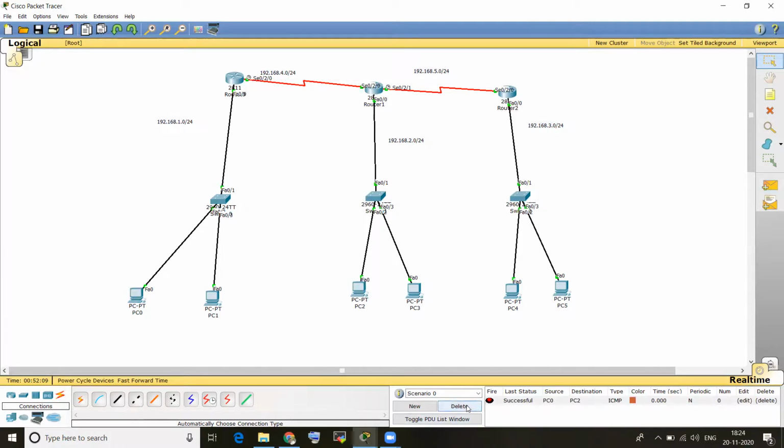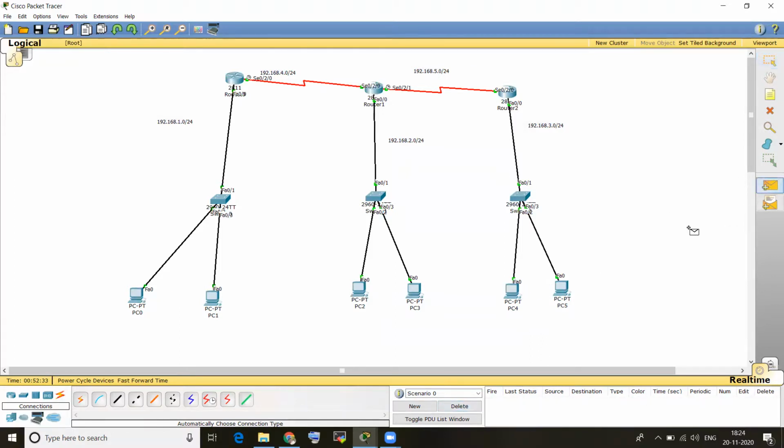It shows successful. Then I'm sending from first PC to last PC. It shows failed. Then again I'm sending first PC to last PC. It shows successful. The first time it may fail, so we have to send the same thing again, then it will be confirmed successful.